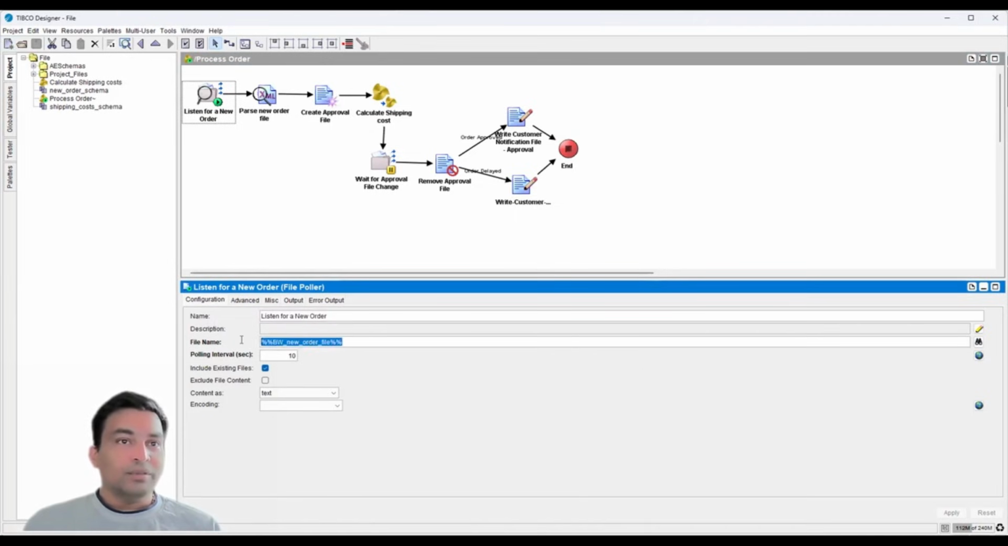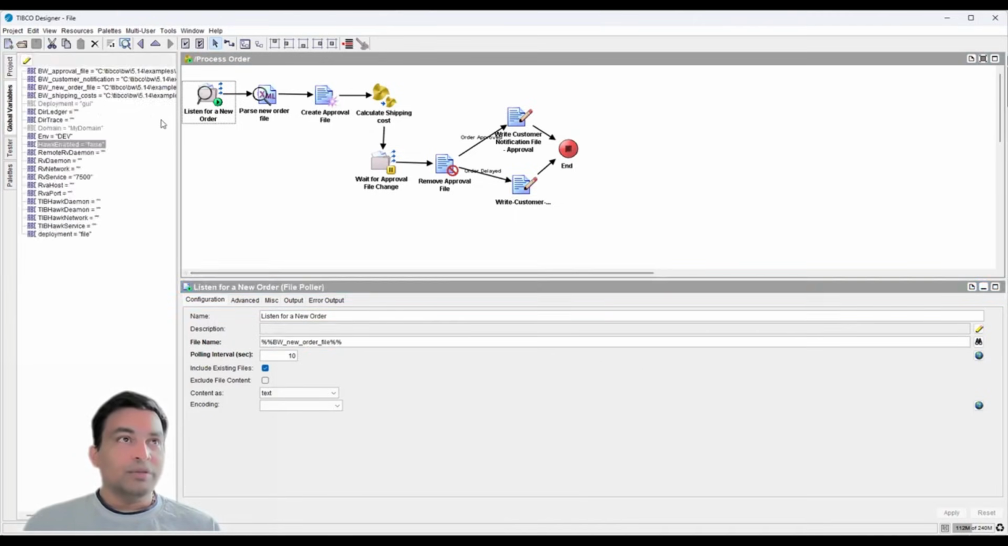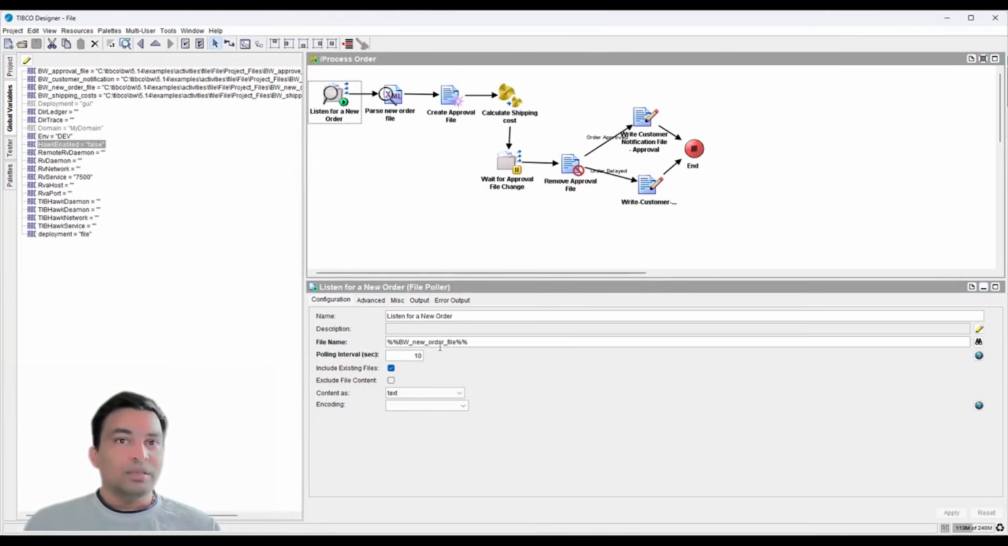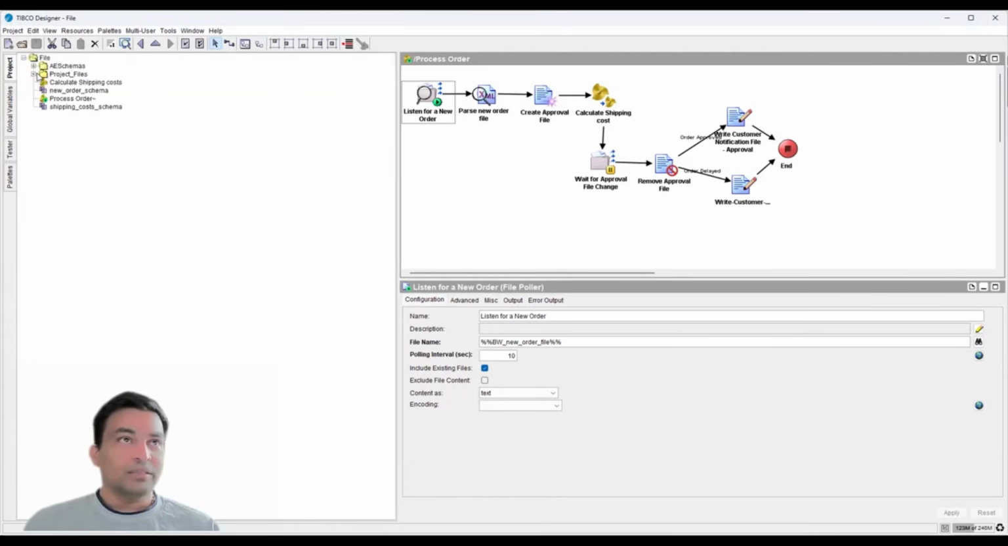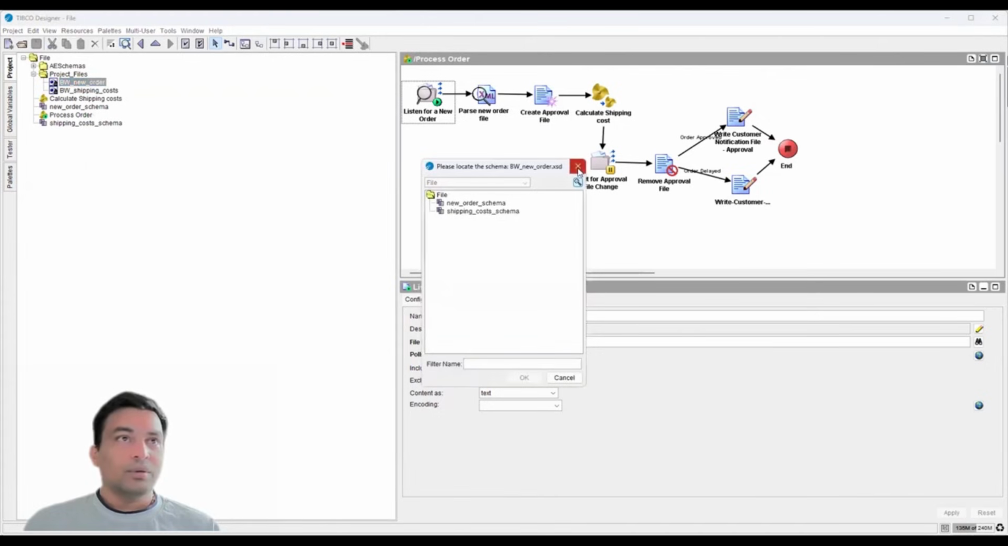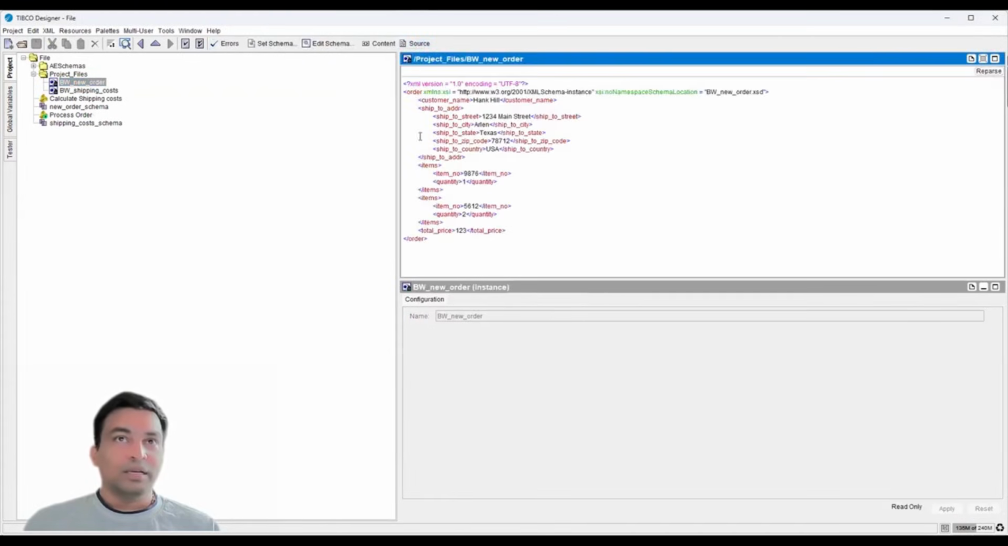And the file name is defined in a global variable. If you go to the global variable tab, you will see the file name BW new order file, which is coming from project files inside the project, and it's BW new order.xml. And let's see what it looks like. This is the BW new order.xml, and when we click on the